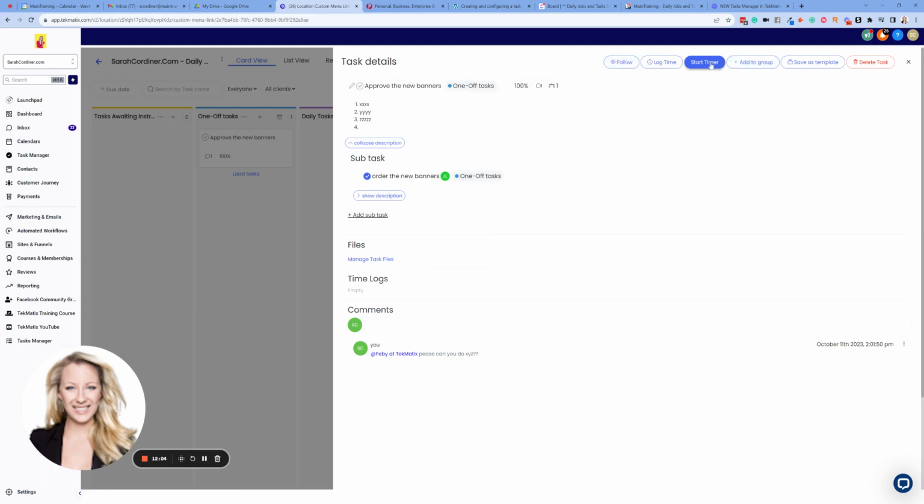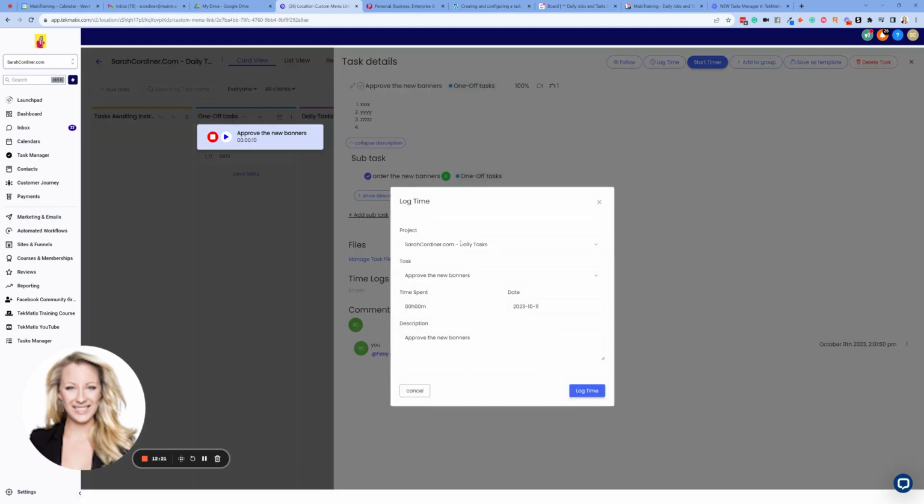The other thing your staff can do, or you can do yourself to see how much time you're taking on different things, is to press start timer. And now it's timing how much time I'm spending on this task. So that will just disappear in the background as I'm carrying on with what I'm doing. When I've finished it, I'm going to press stop. And then it's going to say, here was the project, here's the task I was working on,